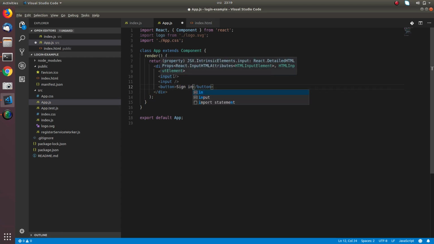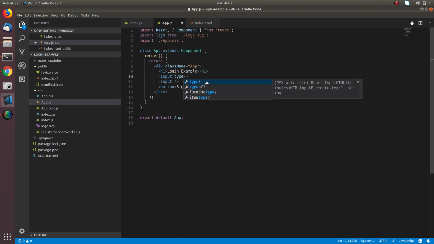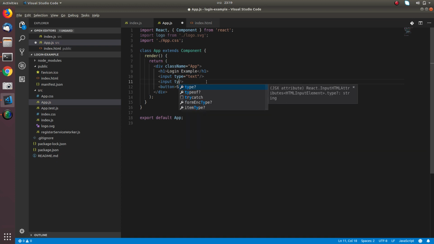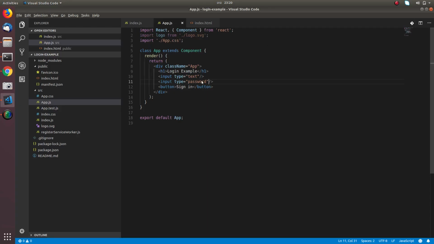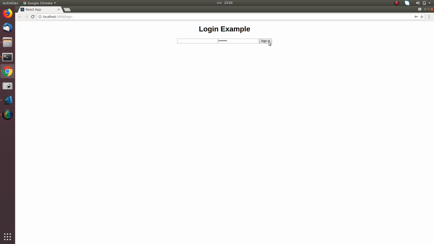The first one's type will be text. Let's say text. The second one will be of type password. So let's see what happens here. Yeah, two input fields with a button, sign in, and right now this doesn't do anything,